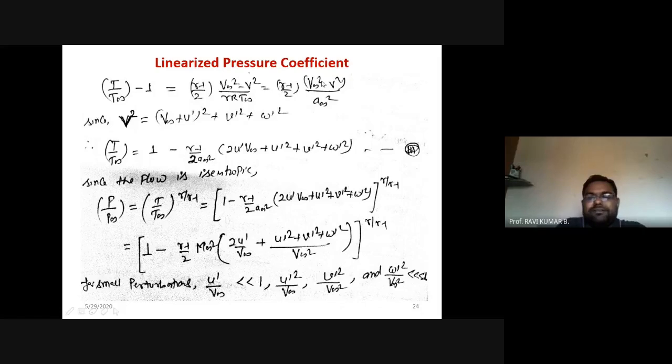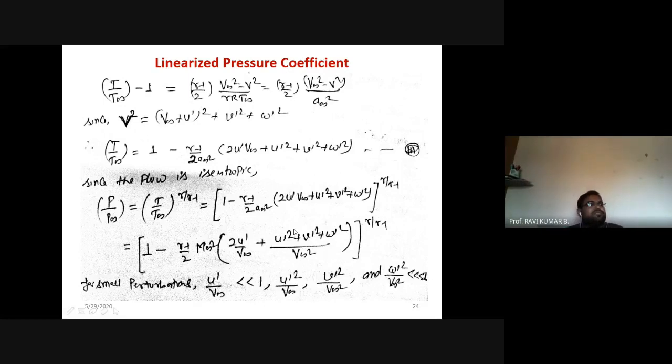And now you look at these terms. This is the velocity vector, local velocity vector. So when you are considering the small perturbations, that means u, v and w. The u component will have a small perturbation included in the free stream velocity. So this is the local velocity vector. If you are writing, this will be (V infinity plus u dash) squared plus v dash squared plus w dash squared. So when we are writing this V squared, we need to substitute this complete value here. If you substitute this complete value in this bracket and solve, you will get this kind of equation. That is 1 minus γ over 2 a∞² and this complete bracket term.